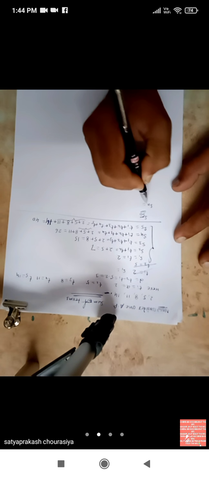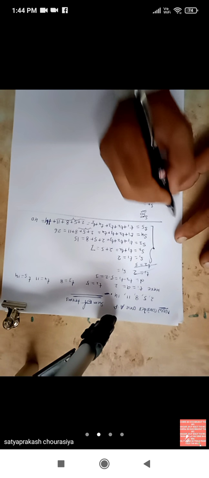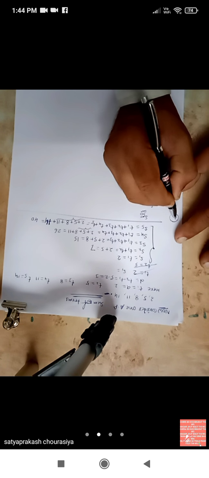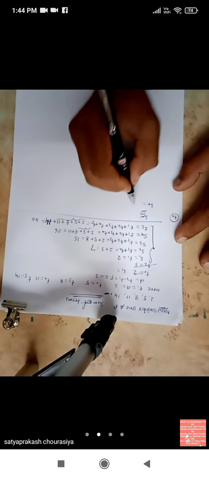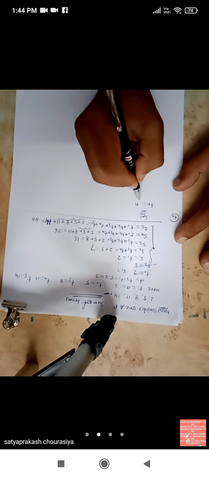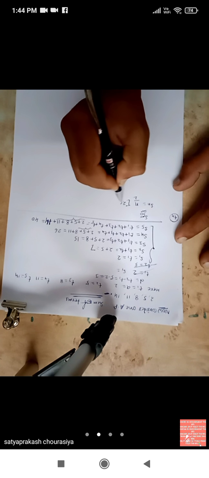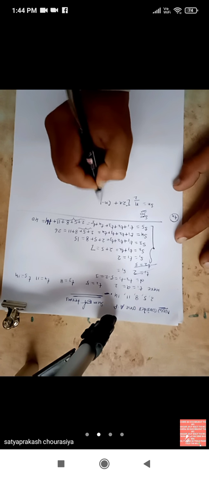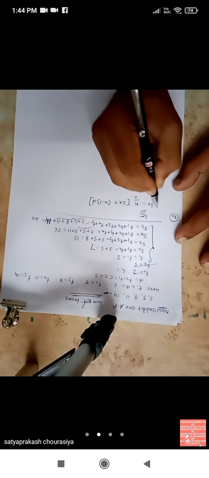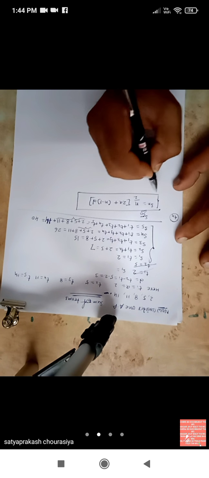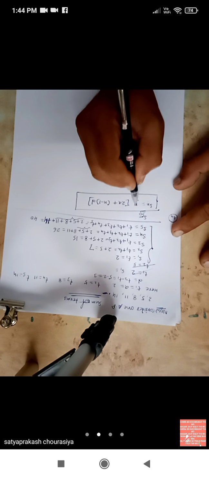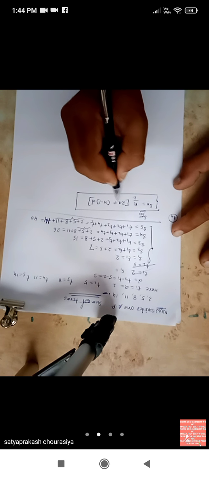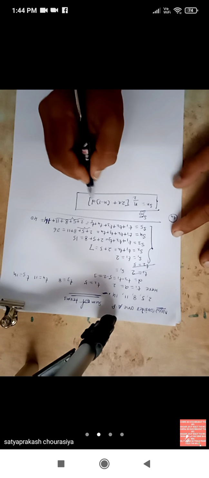Sn is equal to, Sn, S means sum, okay. Earlier we were using Tn, meaning the position number, okay. Here the sum Sn is equal to n upon 2 in bracket 2a plus n minus 1 bracket close d, okay. So here we will use this formula. What is the formula? Sn is equal to n upon 2 in bracket 2a plus n minus 1 bracket close d.